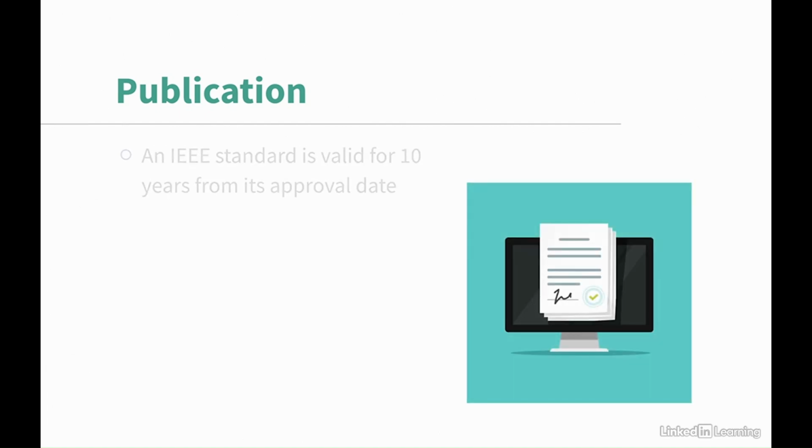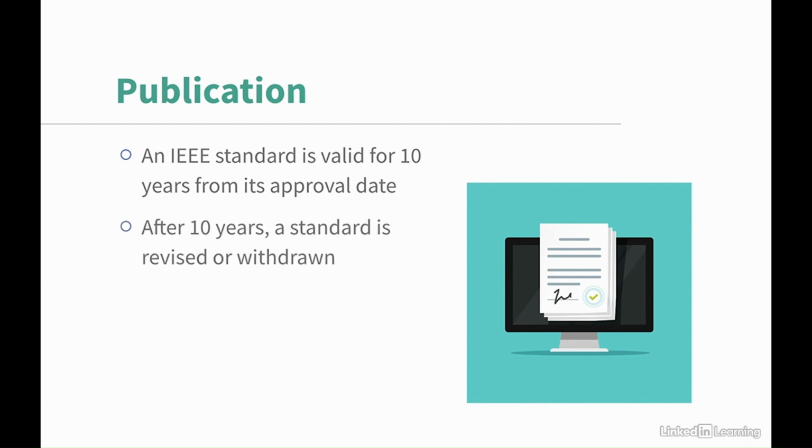According to IEEE, a standard is valid for 10 years from its approval date. During the 10 year period after the standard is approved, a working group can develop revisions or extensions to the standard, and each revision or extension must go